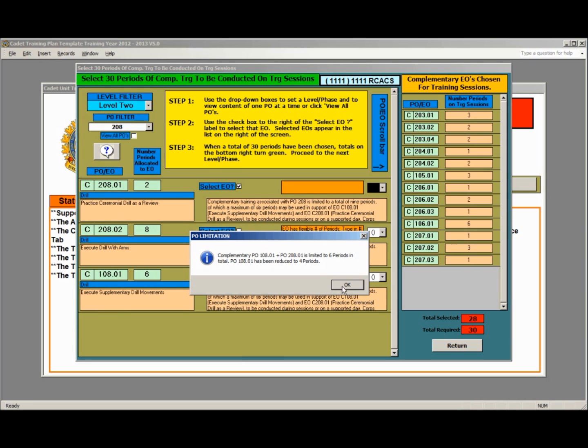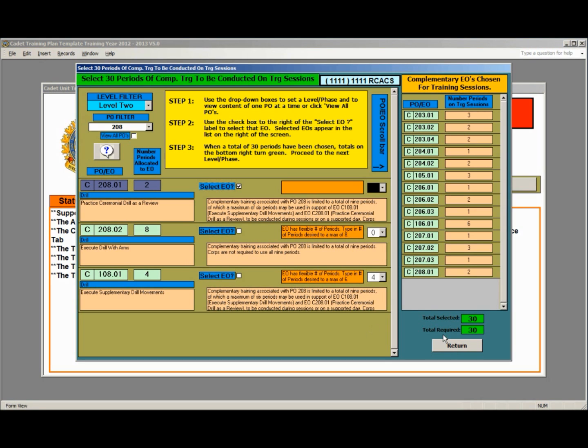And this is good. It flags you with little content limitations that you have to be aware of and abide by that are contained in the QSP. So I've got my 30 periods right here,